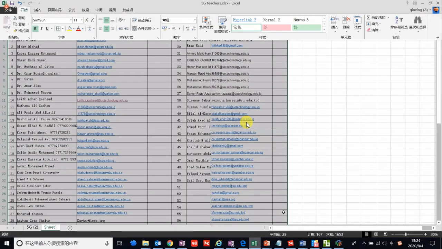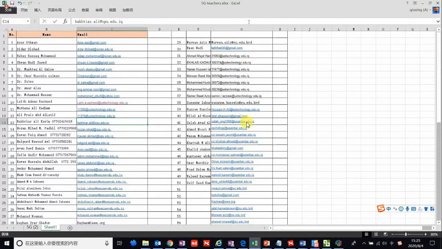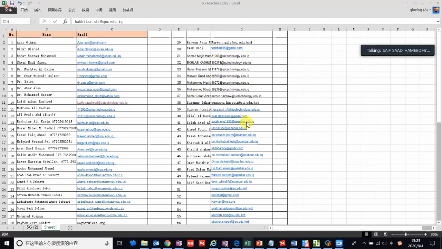Okay, and you can click on the top of your computer and click this button, and click here, and you can write your answer after your name. For example, if you think this answer is A, you can write your answer A. If it's B, you can click B. I hope everyone can write your answer on my screen.